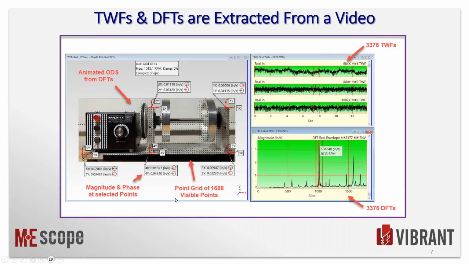Now, the other thing we do when we process is we remove all the points that don't have very much motion in them, like the background. We don't care about points in the background. We only care about points on the machine itself or the test article, whatever it is that you're making a video of. So you can remove all the other pixels and points from your point grid because you're only interested in the motion of the points on the machine itself. Now the advantage is I can put the actual magnitude and phase, and you can see there's magnitude in